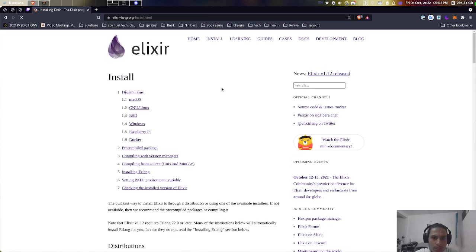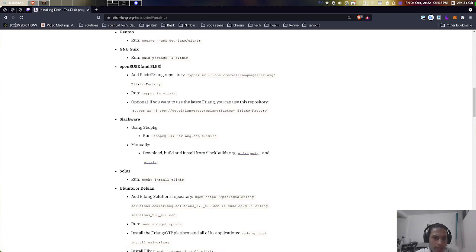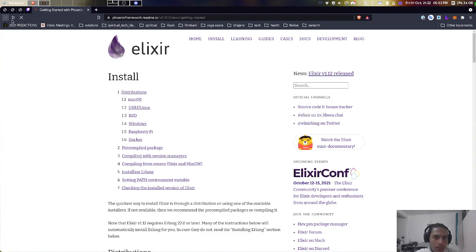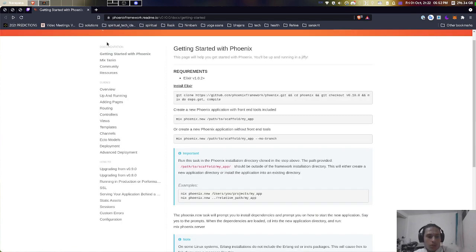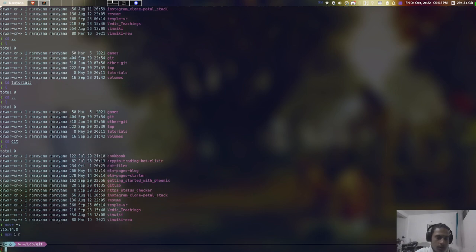You just need Elixir, but you also need Node. You need Node version 15. I use N, so N 15. You can do npm install N, which is a Node version manager, and then you need Node 15, or you'll get errors. Then you need Elixir installed. Once that is installed, you can run mix